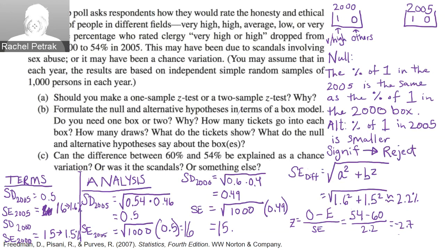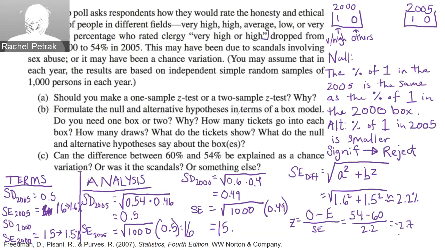And incidentally, that is how I would summarize this sentence too. I don't have space to write it out, but note that we can sort of reword this phrasing here. We can't always do that from a research scenario, but I just said the percentage who rated clergy very high or high. This is the variable. This is what we measured. Dropped, or we stated and said is to say,